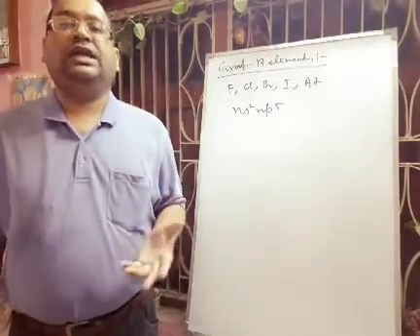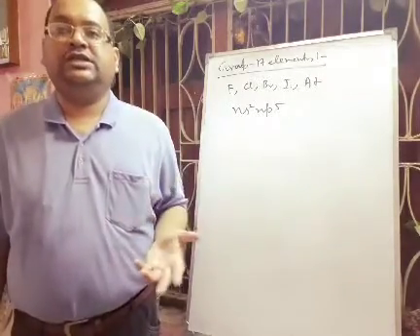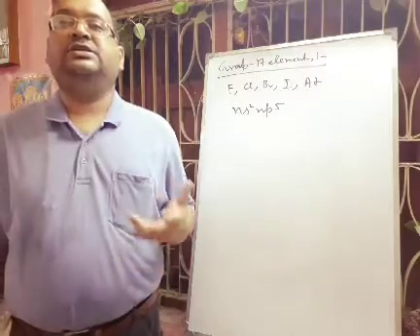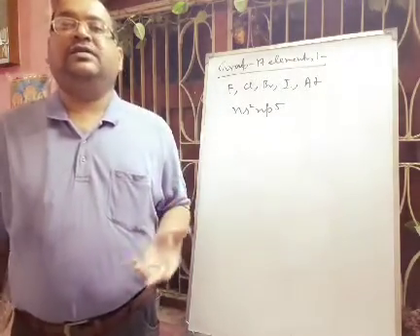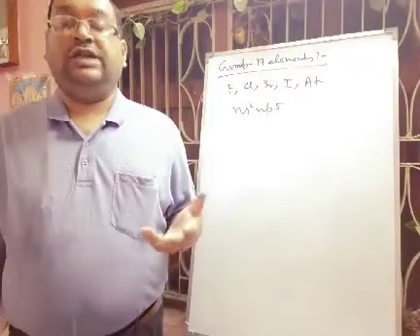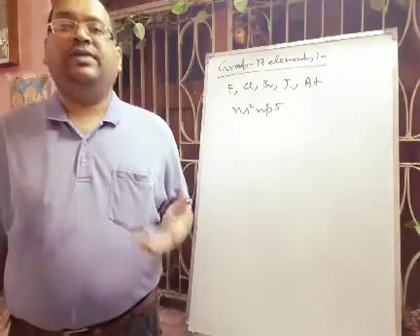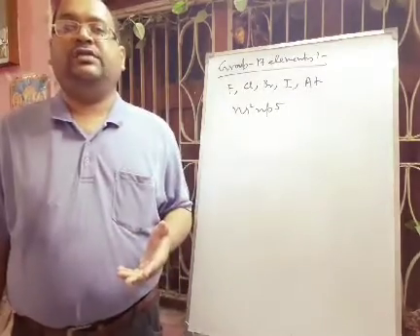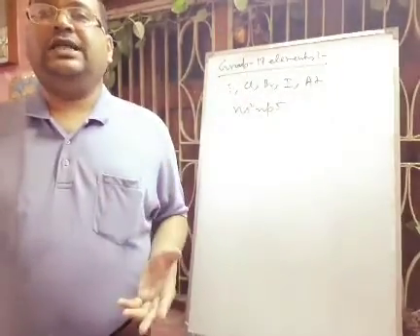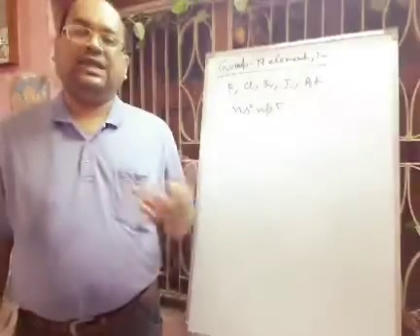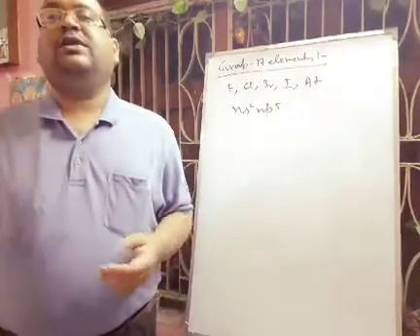Next we will go to the color. All these elements are colored. Fluorine is pale yellow, chlorine is greenish yellow, bromine is reddish brown, and iodine is grayish violet at room temperature. And the nature of the bonds with other elements: halogens form ionic compounds with metals due to their high electronegativity values and electron gain enthalpy values. With non-metals they generally form covalent bonds. Even with metalloids they form covalent bonds, and interhalogen compounds are also covalent in nature.